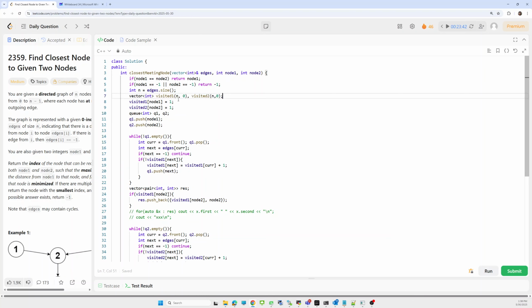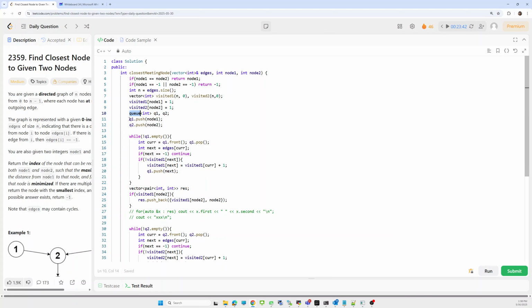Now we'll start visiting. So first we have to make both nodes visited. In the array visited 1, mark node 1 as visited; in visited 2, mark node 2 as visited. Now we have to apply BFS. In BFS we use a queue, and in q1 we push node 1, and in q2 we push node 2.